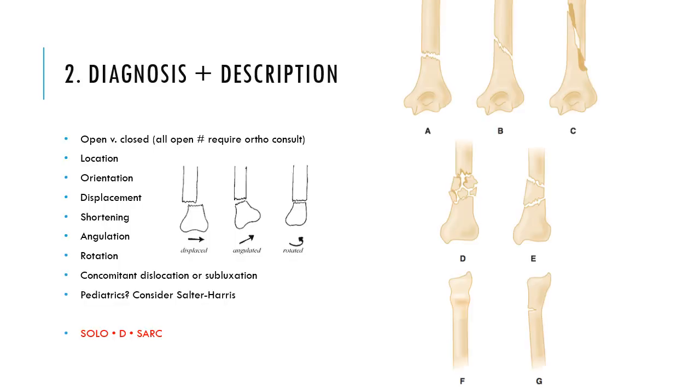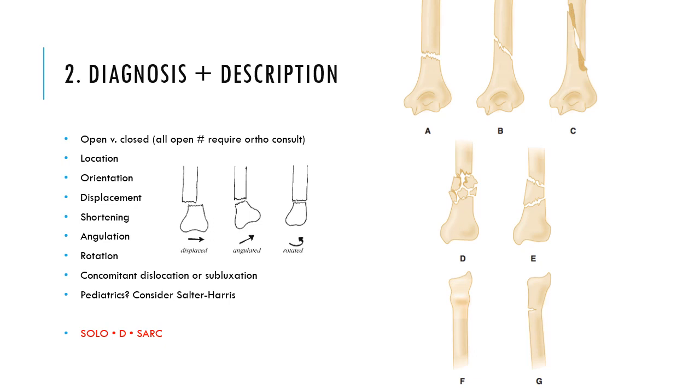Use the acronym SOLO-D-SARC to remember the ways to describe a fracture as accurately as possible during handover or consultation. Is this a Salter-Harris, to be talked about in the next slide? Is this an open or closed fracture? The location, which can be described as the midshaft, juncture between the proximal and middle third, juncture between the middle and distal third, the neck or the head, the orientation of the fracture, as in how does the crack lie,